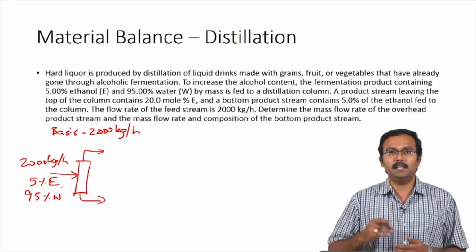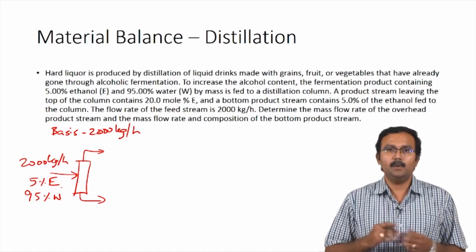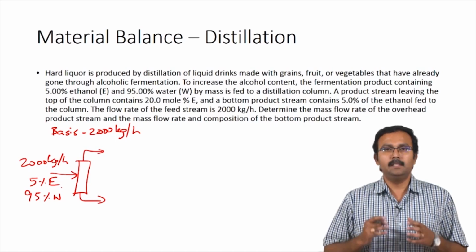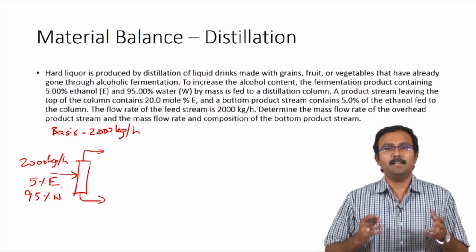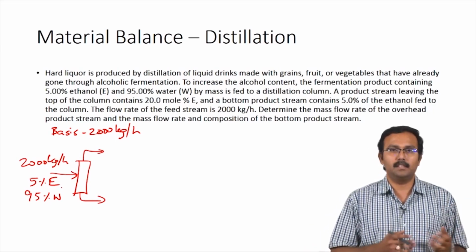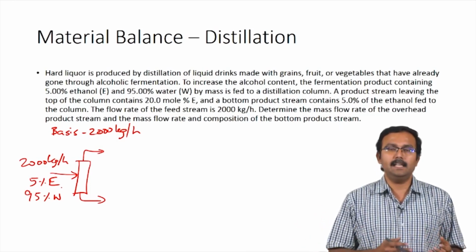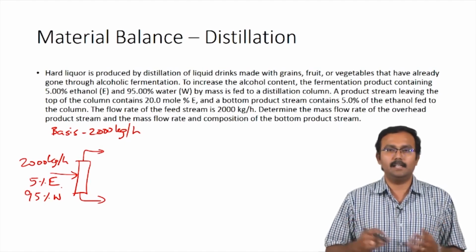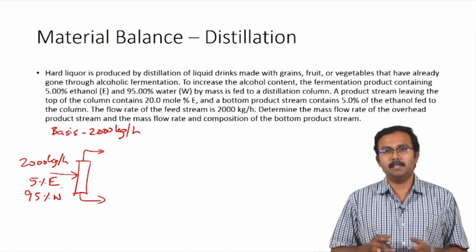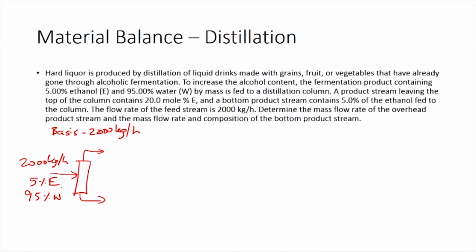That is why you would see that the distillate stream which would contain the volatiles has been given as 20 mole percentage ethanol. This convention is followed because measuring the volume of gases is a lot simpler and measuring the masses of solids and liquids is easier. When you measure volume for a gas, it can be easily converted to mole percentages under ideal gas conditions. So using mole percentages or volume percentages are more common for gases. Here it has been told that the distillate stream contains 20 mole percent ethanol